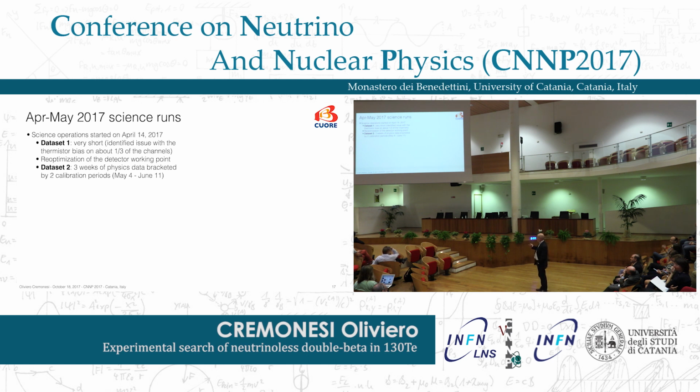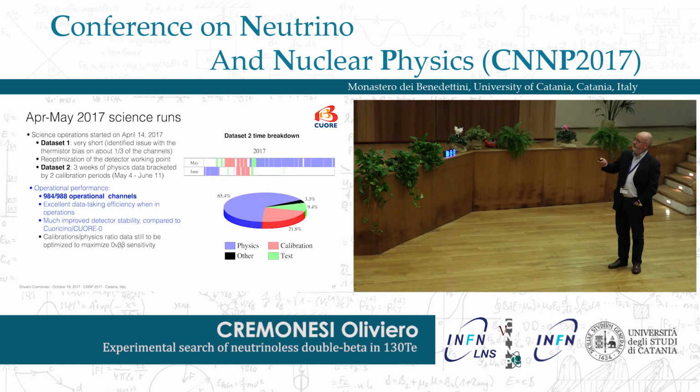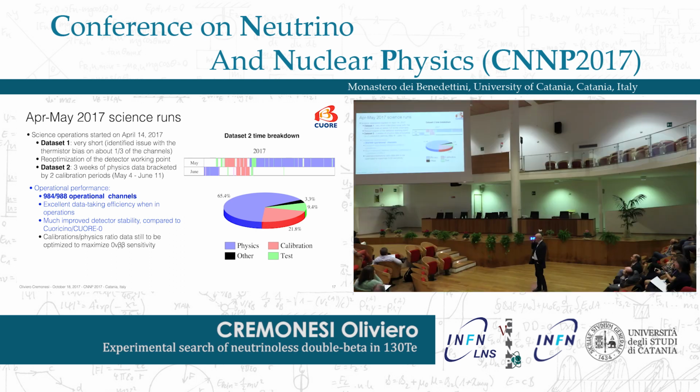Let me summarize also here some of the characteristics of our data taking. We had 2 short data takings in April, those to which the results so far announced refer, and these are 3 weeks. Let me remind that, as I mentioned before, the number of detectors is about 1,000. Actually, we missed 5 detectors before cooling down the system, so during installation, and after cooling down, we recovered 1 of them, so probably it was a contact that was recovered during cooling down. But this means that the cool down was really successful since we didn't lose any other detector.